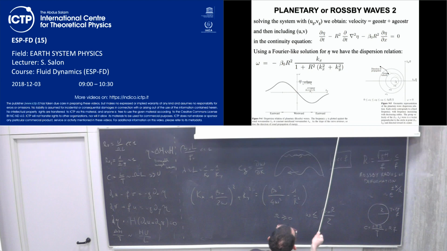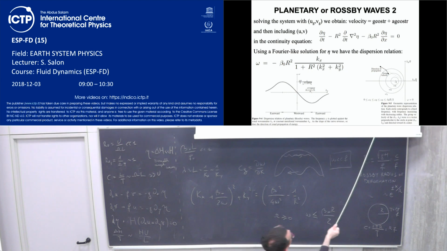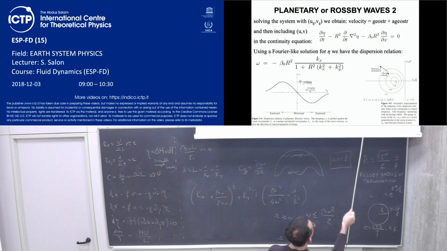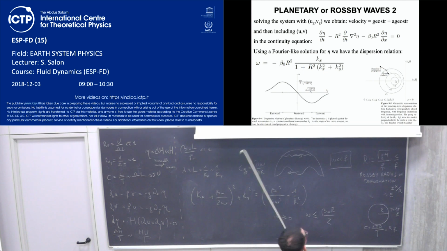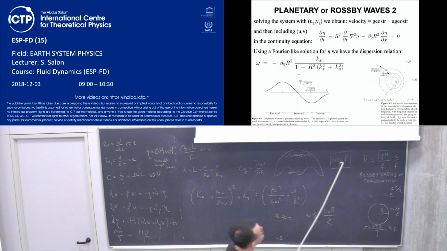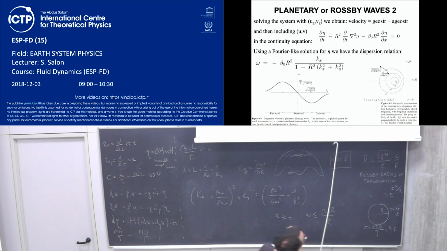So we know that the extreme case is when beta 0 is equal to 0 and we have omega equal to 0. So this radius will go like this, and then like this, and then like this, and then finally they will be completely parallel to the y-axis. So the group velocity is a vector which is perpendicular to the point kx, ky,